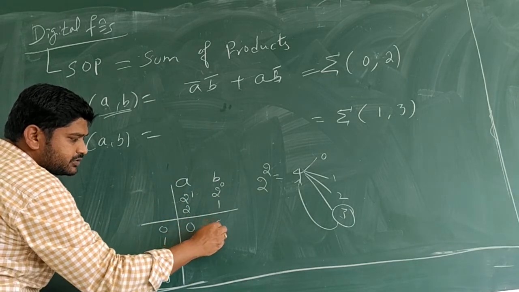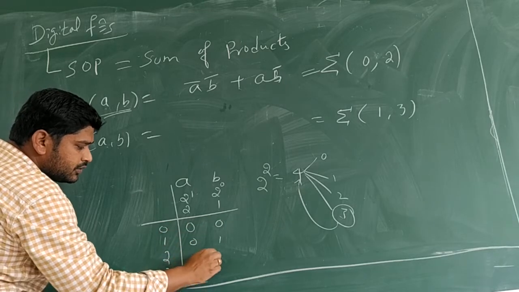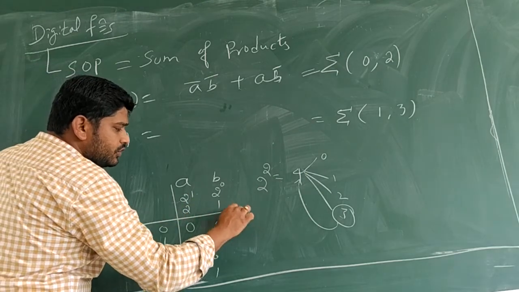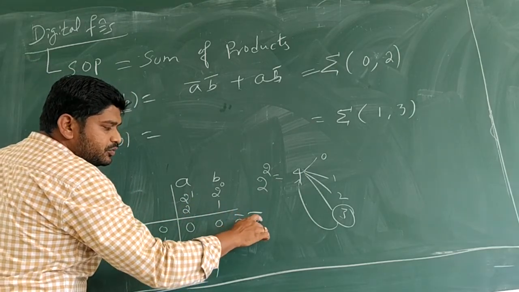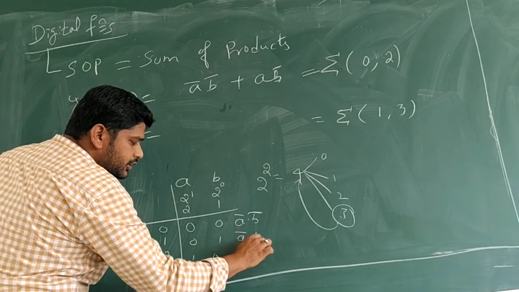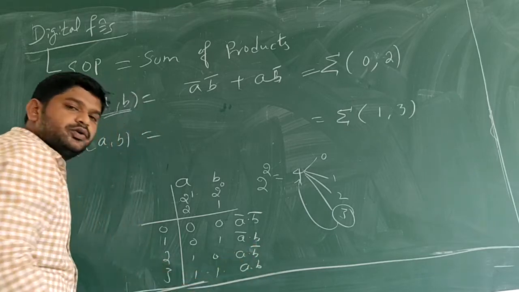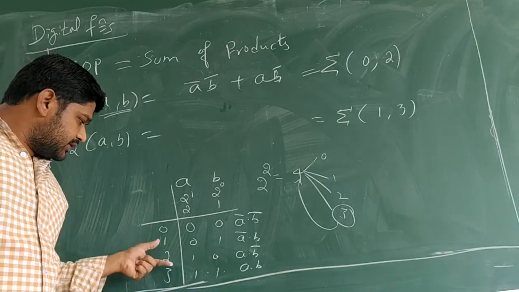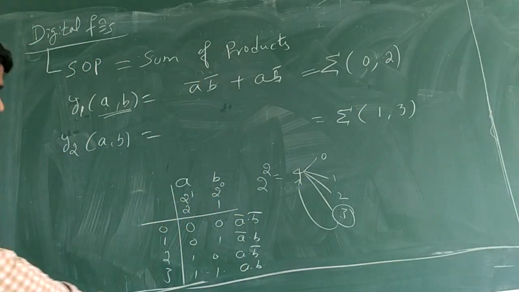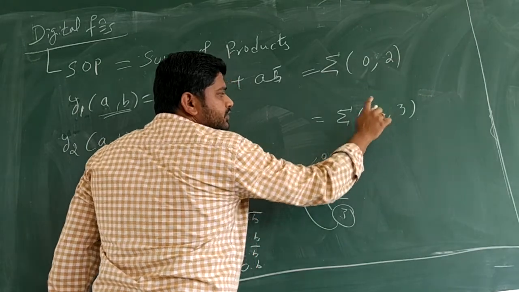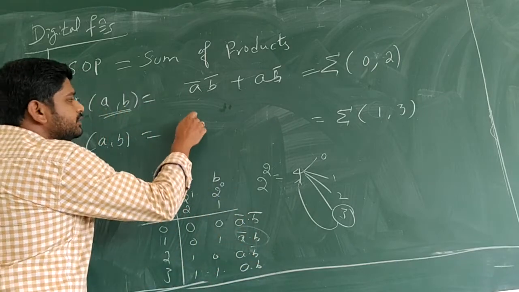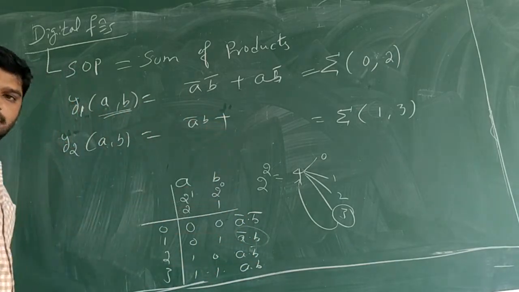So write the possibilities 0 0, 0 1, 1 0, 1 1. So now map into AB. First row A bar into B bar. Second row A complement into B. Third row A into B complement. Fourth row A into B. Now can you take the terms which are given here and write the expanded format? Yes. What is the first term given? Term 1. What is the format of 1? A complement B. A complement B plus.